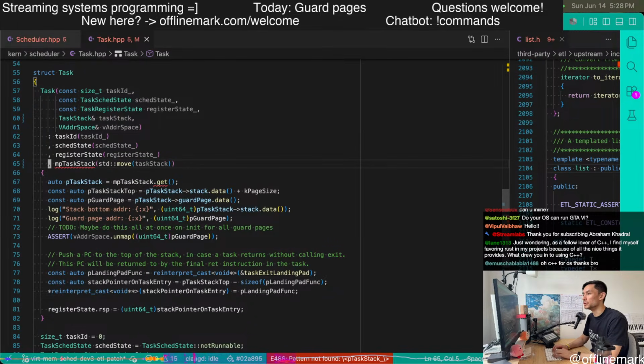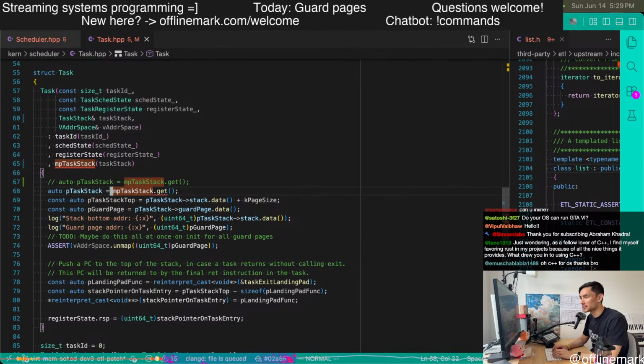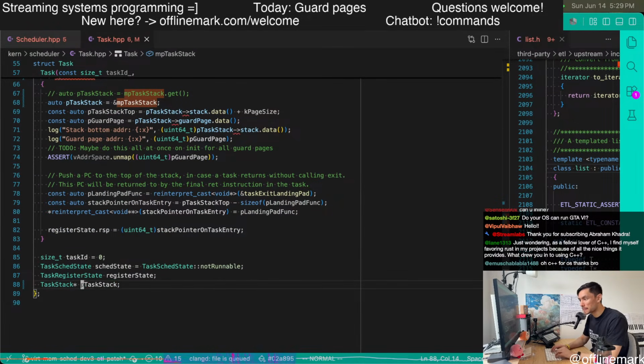There's no move anymore. And empty task. Task is going to have a reference to a task stack.